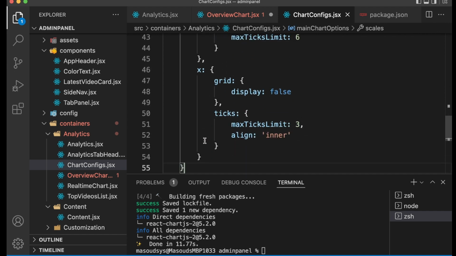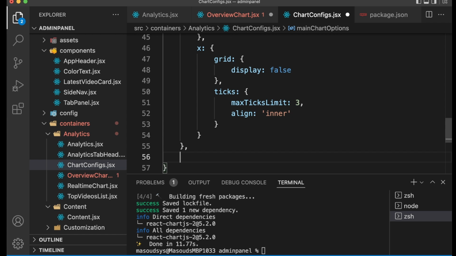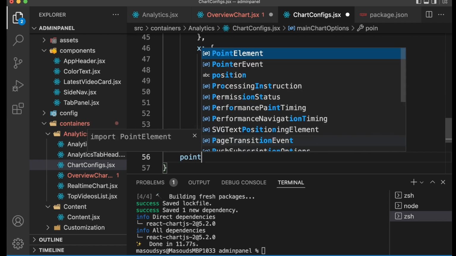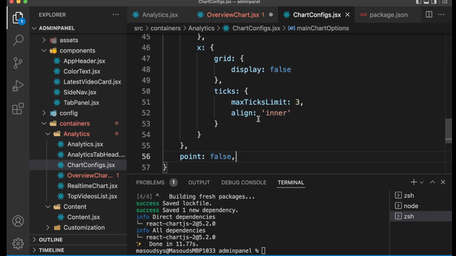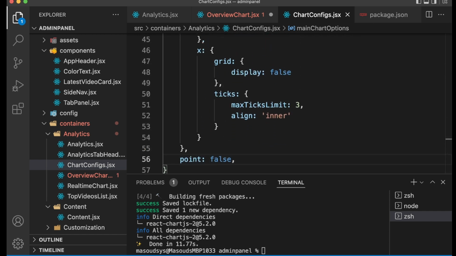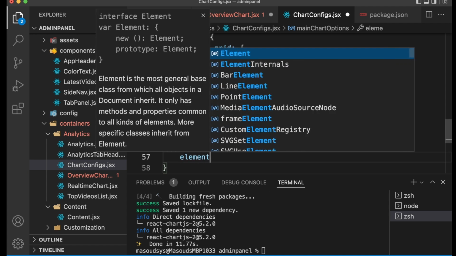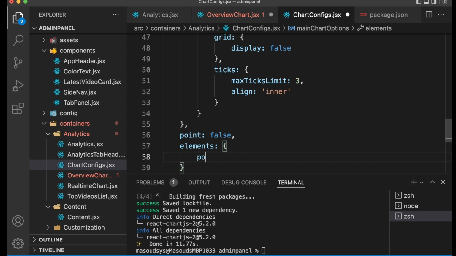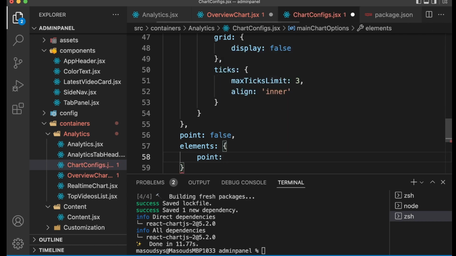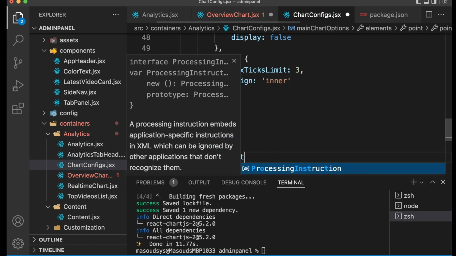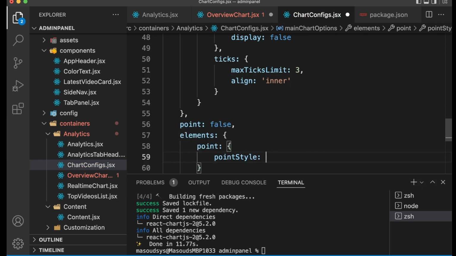Then we should turn off points, set it false, and let me just not continue, and elements. For this one, we are going to set again point style should be false,